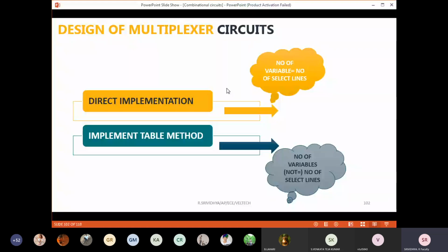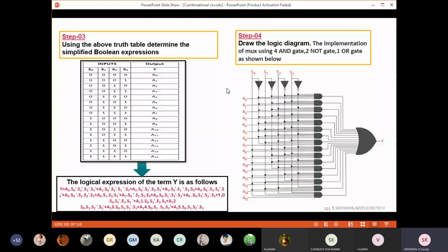This is something that was proposed by a scientist, because now you could see here, for a normal 16:1 multiplexer itself, the circuit is a bit complex, right? Now just imagine drawing this circuit on your paper. It will take a long time. When it comes to 32:1 or 64:1, just imagine the complexity of the circuit.